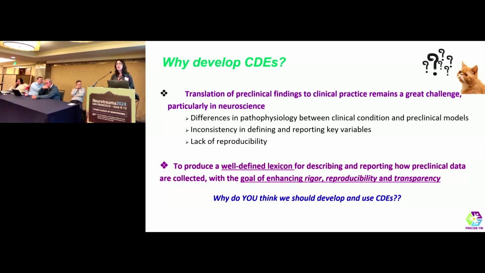But the thing to keep in mind is that it's not the case that you start using CDEs and all of a sudden your results start translating. This is just one critical step so that we can all talk the same language. We can better execute multi-lab studies, more multi-lab preclinical studies, and also post hoc analysis of combining